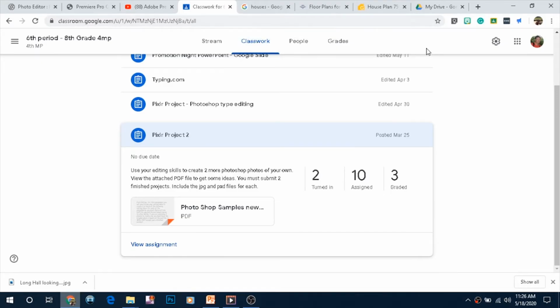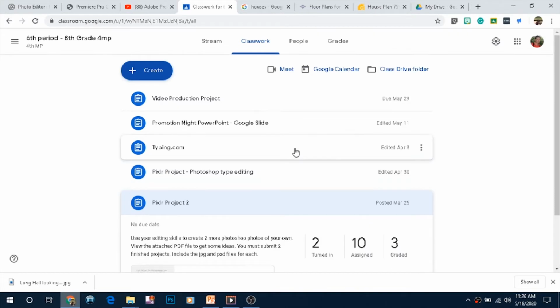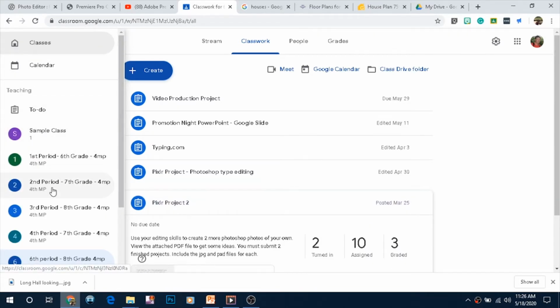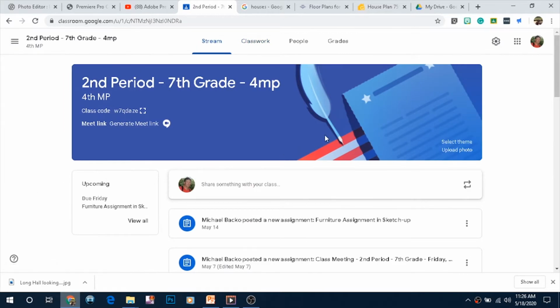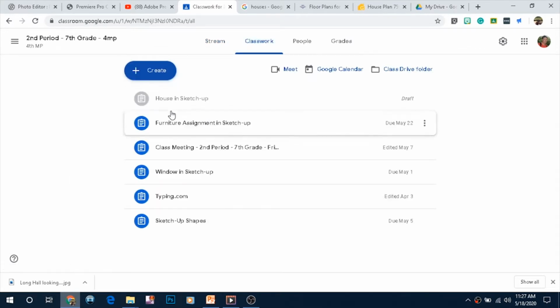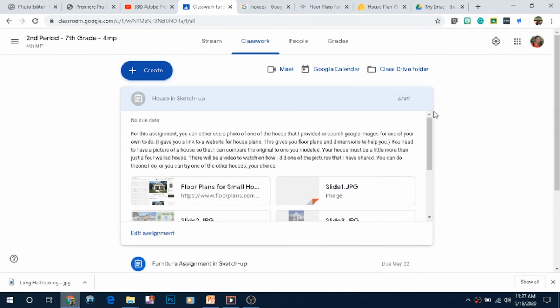Okay, in this video what I want to show you guys is how to do a house. One of the houses that are in the projects that I listed, or classworks that I've listed for you. So for instance, if you go to your classwork, basically you're going to have house in SketchUp. That's the one you're going to be doing. So basically from that particular assignment,